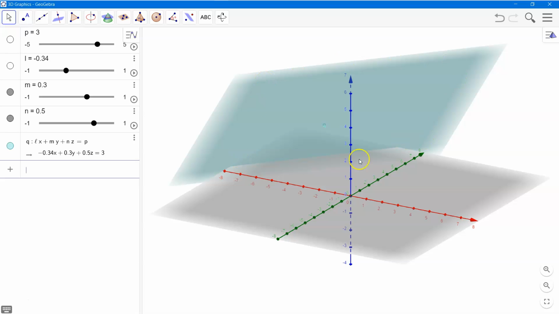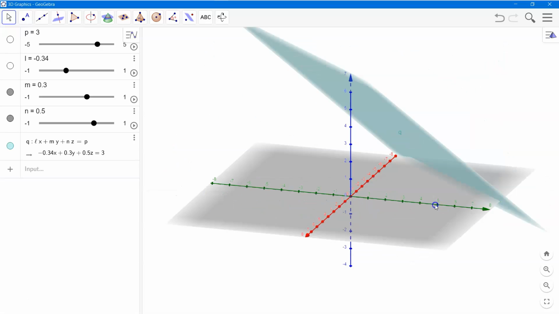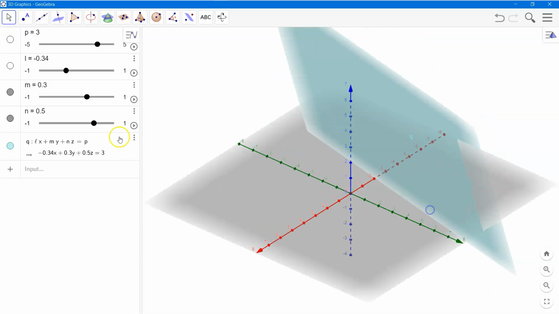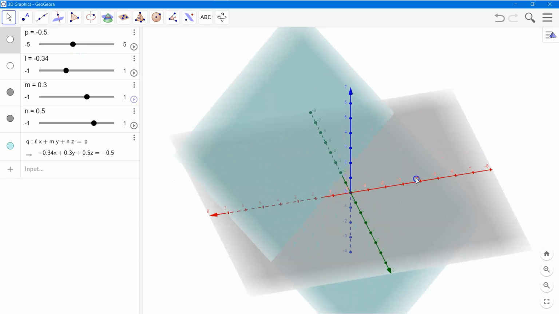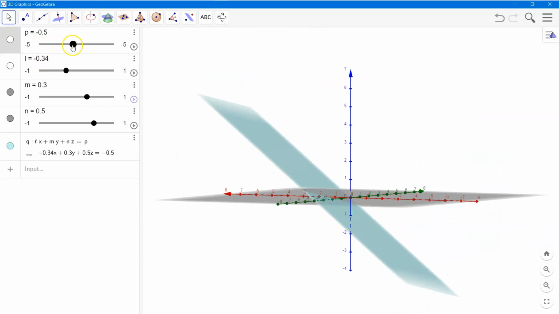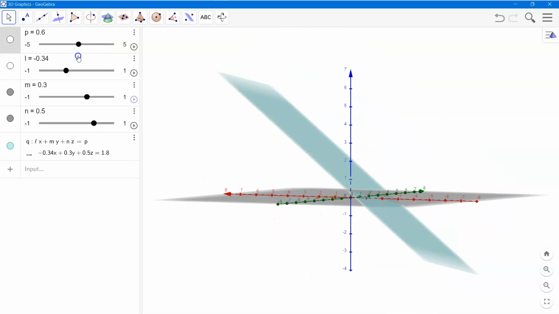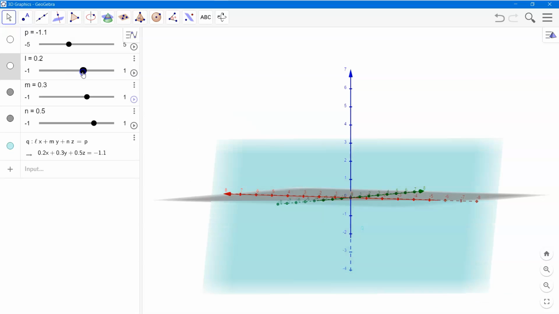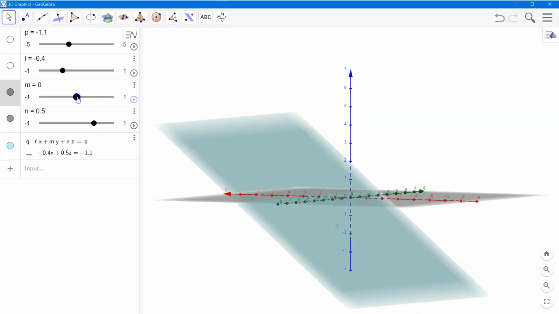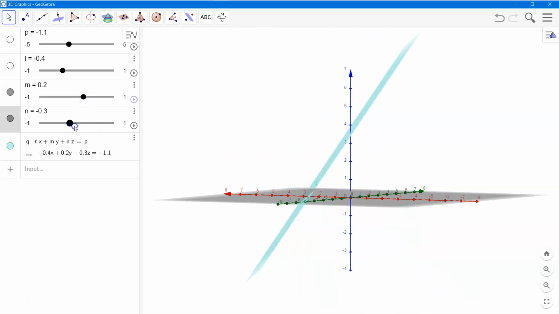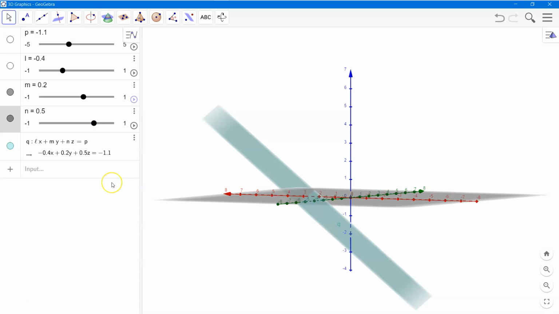So we get the equation of a plane. Now as we change the perpendicular distance from the origin, it increases or decreases. Similarly, as I change the direction cosines, the plane will rotate depending on which direction cosine I am changing. So that is called the normal form of the equation. So that's it. Bye for